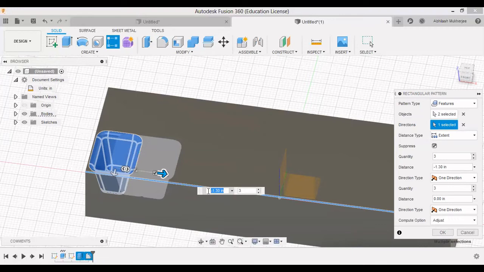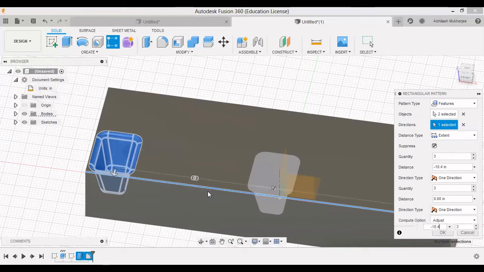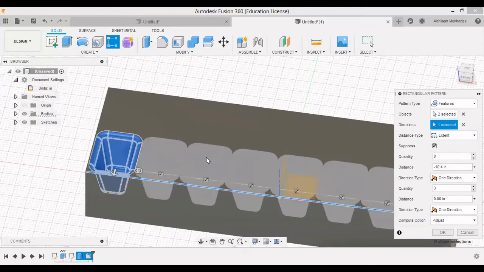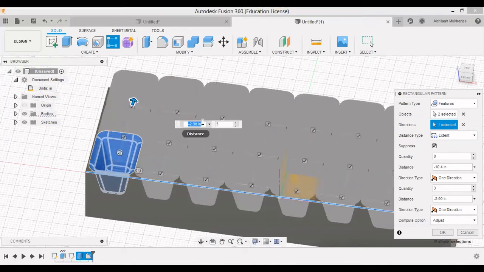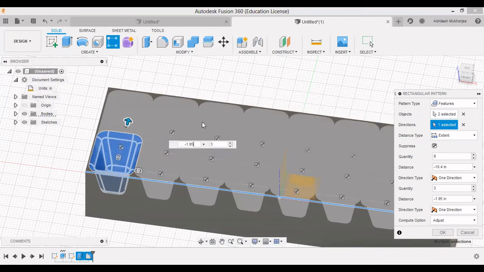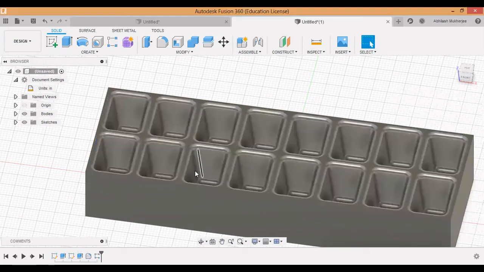Let's say minus 10.4, and the quantity I'll give 8. And in this direction, I want a negative value of 1.95, and I want number of sets to be 2. Then I'll just press enter. So here are my ice cubes.